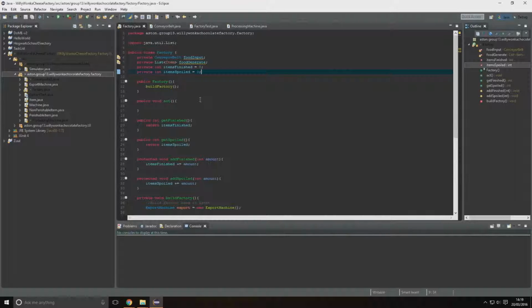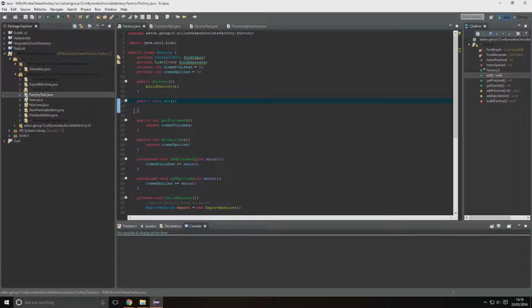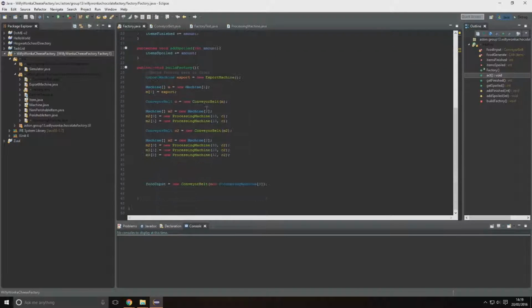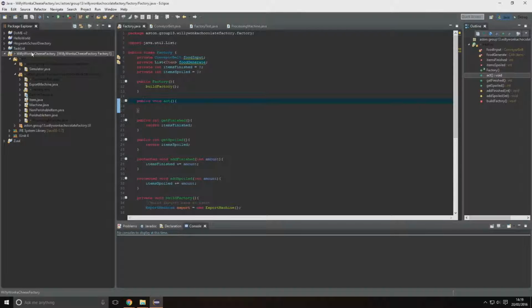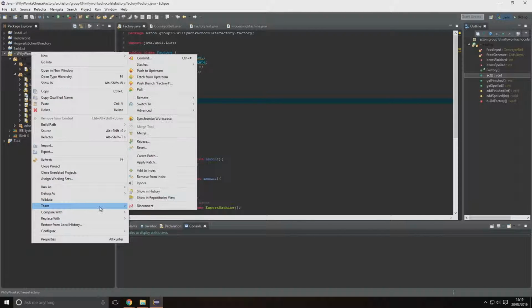Okay. So if they're black on the left, that means you've made a change, and it's not in sync with the GitHub. So back to where we were. You can see I've made some changes here, but it's far from complete. You know, it's broken, it doesn't do anything at the moment, but if I want to push it up anyway,